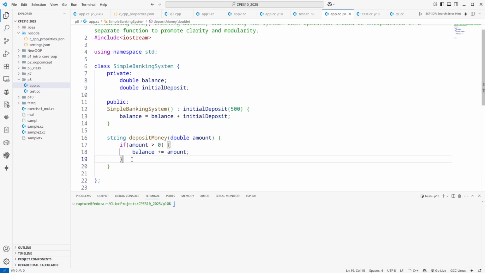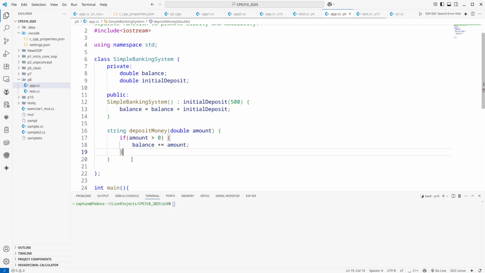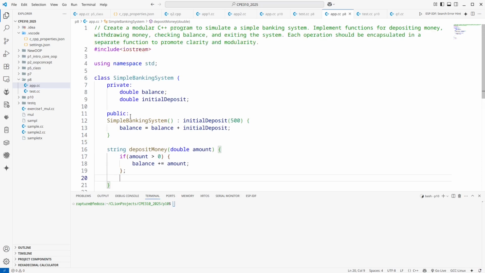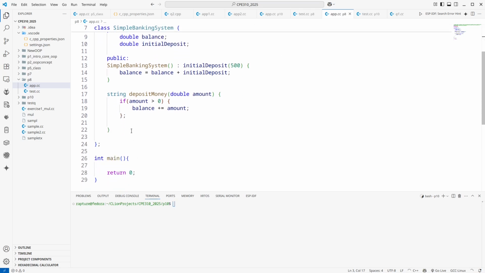Then the function should return the total amount deposited. For example, a message that tells the user you just deposited so and so. For easy concatenation of strings, you can also include other string helpers. Instead of using format, I use a normal string variable. Now you can just say, okay, return